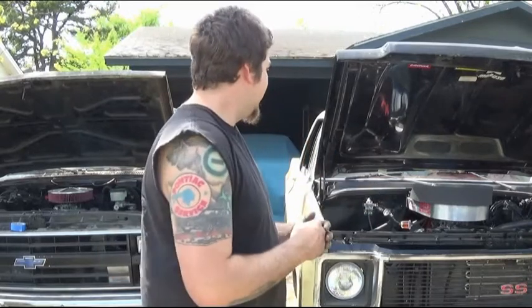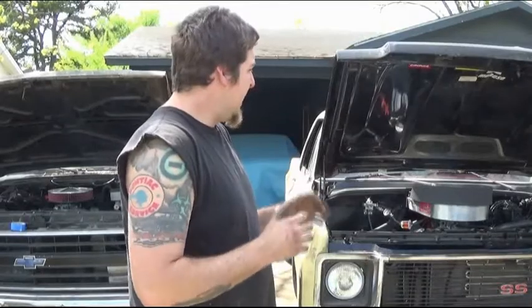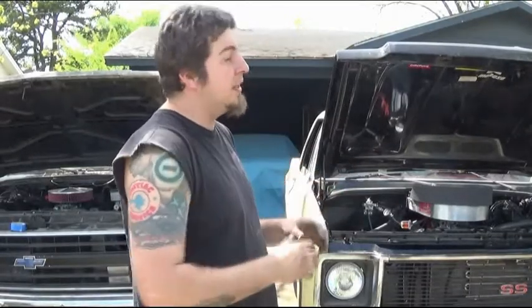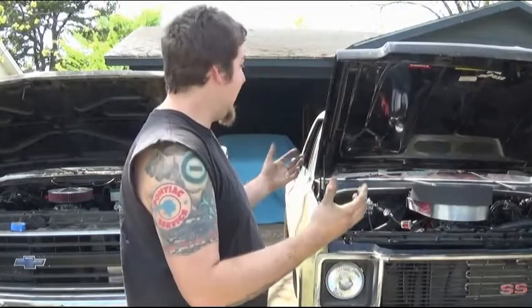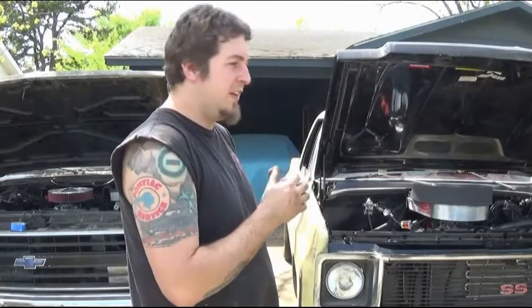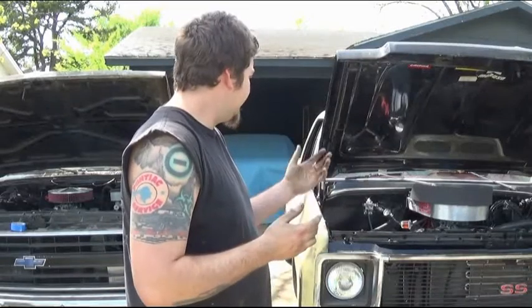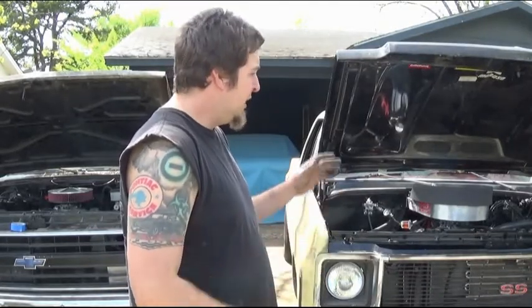also, as advertised, the air gap is supposed to have cool air come in front of it, go up under the runners and plenum, dissipate all the heat, and create a cooler intake fuel charge. So, which is great in theory and all, but now let's take, for example, you're cruising around or